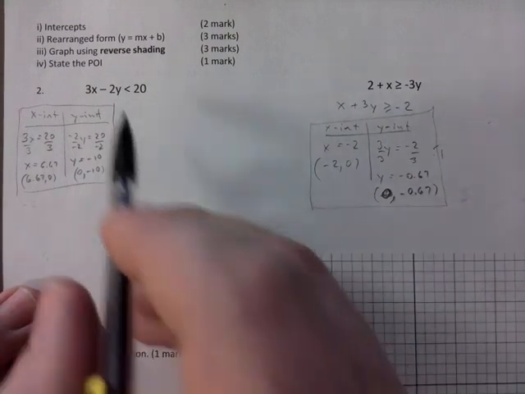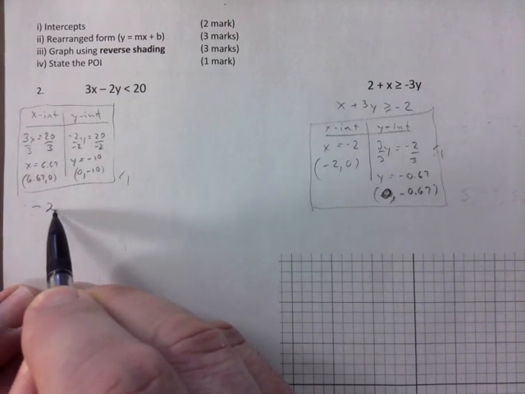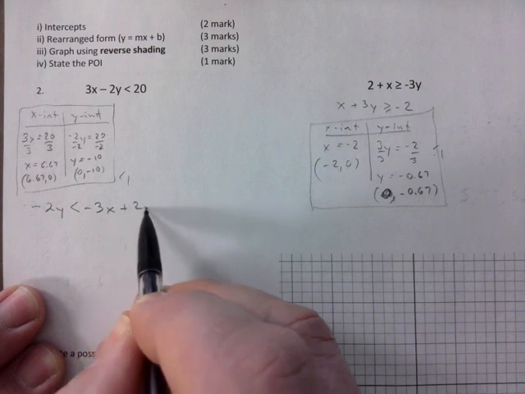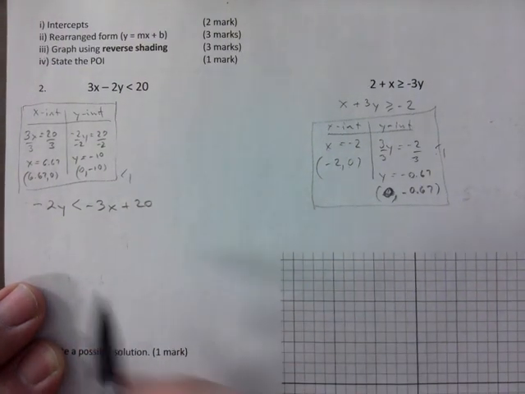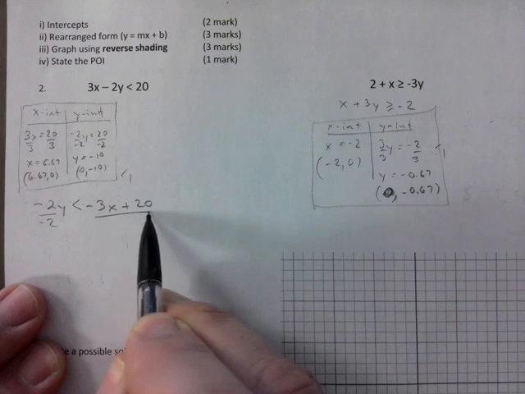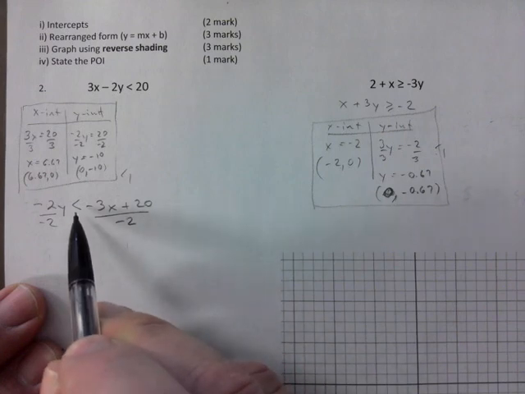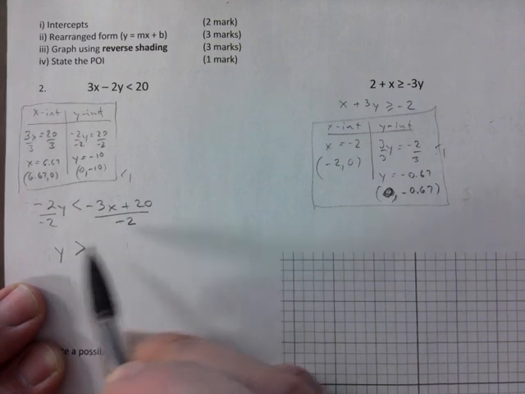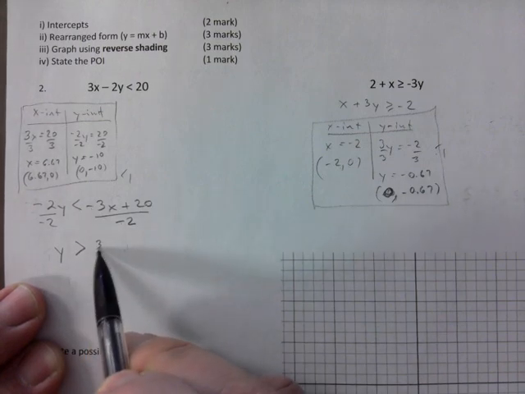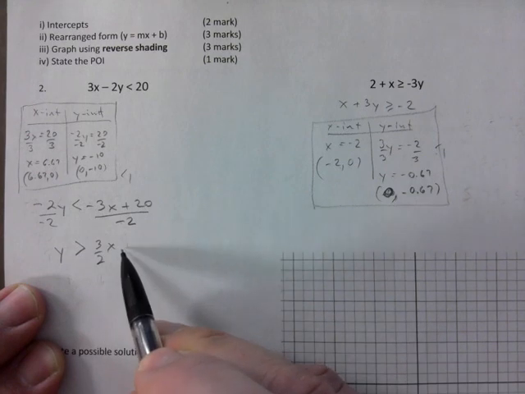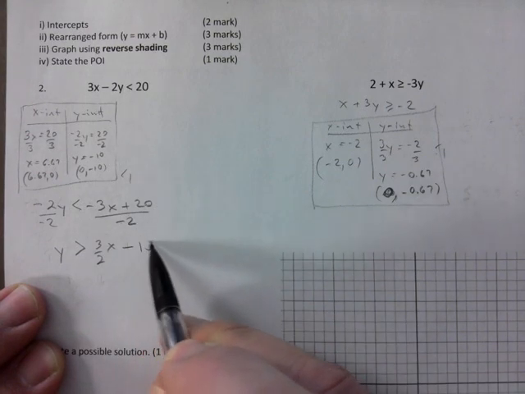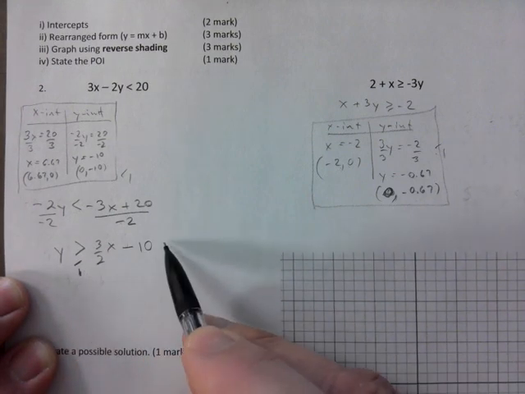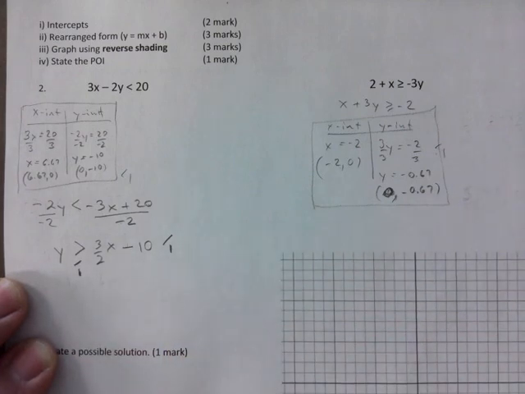Okay, and then the rewriting part, I take this, I bring the 3x over like that, and I need to divide by -2, and that should ring a bell, right? That means, okay, if I divide by negative, this goes the other way. So y is equal to negative divided by negative is positive 3 over 2x, and then 20 divided by -2 is -10. So I would give you a mark for flipping that